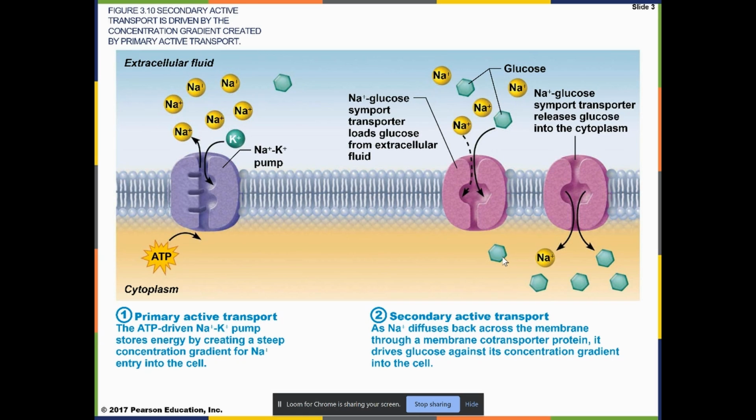And primary active transport on the left, you can see our example, does use ATP, and that creates a sodium gradient outside the cell that allows glucose to piggyback through a channel or carrier protein, depending on the situation, and move itself from low to high concentration. It doesn't happen a lot in the cell, as sodium here is diffusing back across the membrane for the situation on the right. It's moving as a co-transporter with glucose, and it's driving that glucose against its concentration gradient